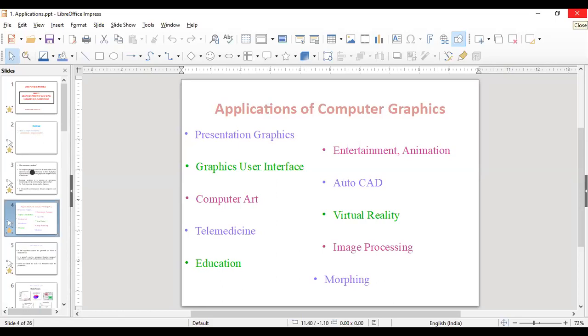If it is 4-bit, the number of displayed colors will be 16, that is 2⁴. If it is 8-bit color depth, then 2⁸, that is 256 colors. Then 16-bit is 2¹⁶, and 24-bit is 2²⁴, these many colors will be used, and these are the common names for the color depths. The more bits used per pixel, the finer the color detail of the image will be, and definitely the more memory will be used for storage.